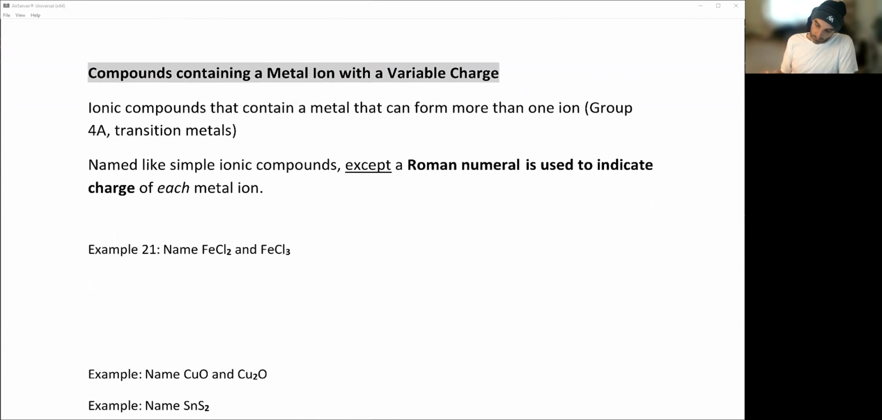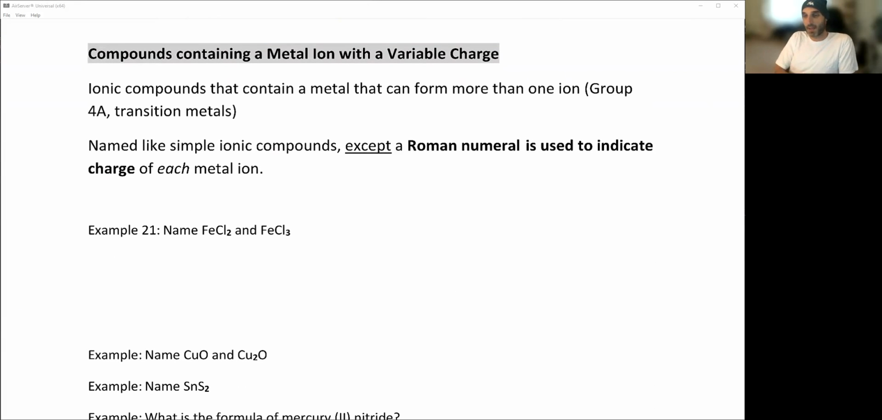Okay, so compounds containing metal ions with variable charge. Ionic compounds that contain a metal can come from more than one ion group. So we're going to use Roman numerals to indicate those things. For example, if we take a look at this first example, example 21, what would we call that? Well,